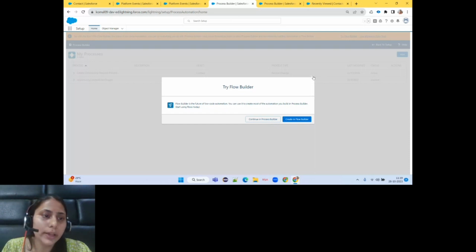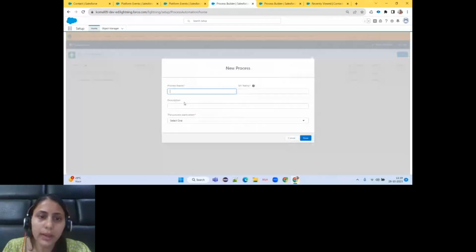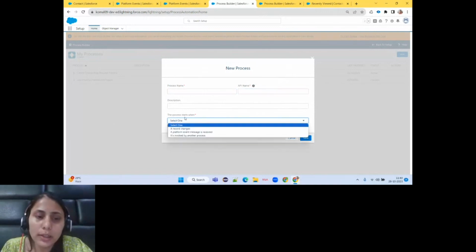So I have already created one process, that is the Create Onboarding Request process. But let me show you how to use this as well. If you want to create a new process, just give the name and it will populate the API name accordingly. After that, you choose the option for when your process must start.